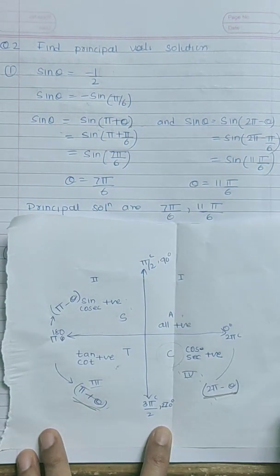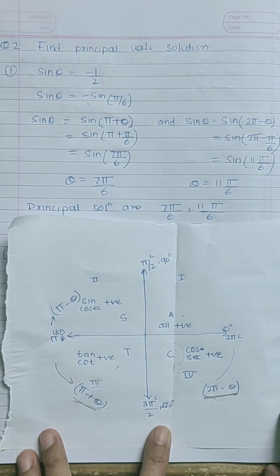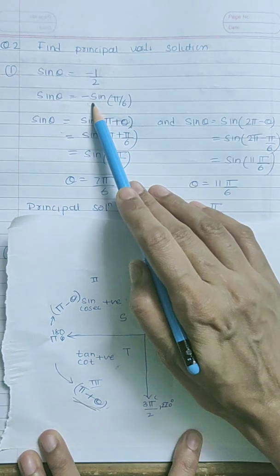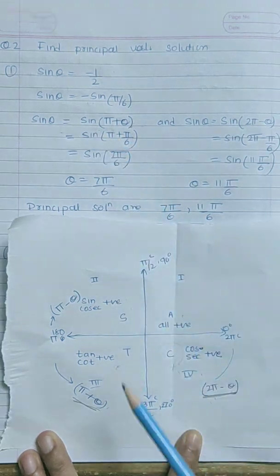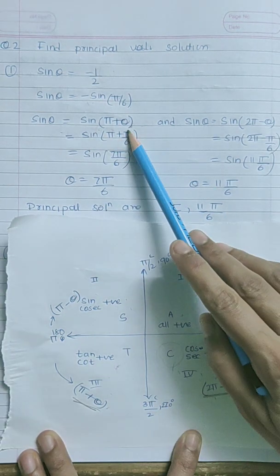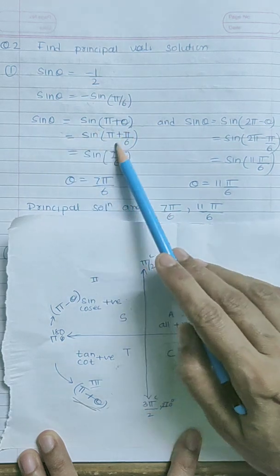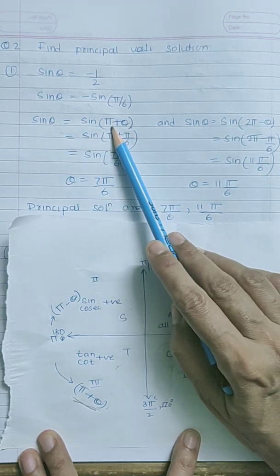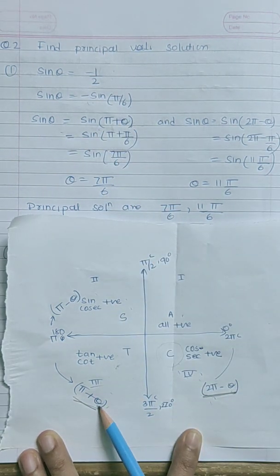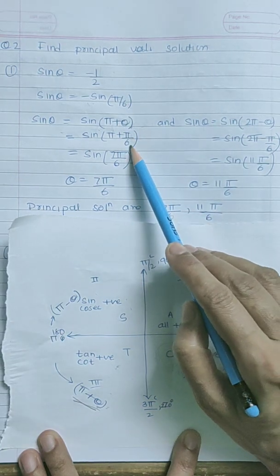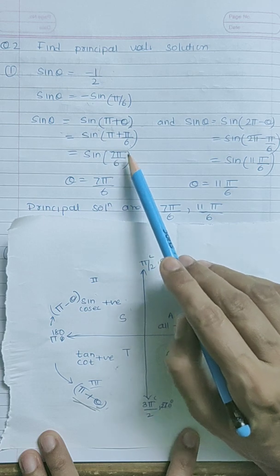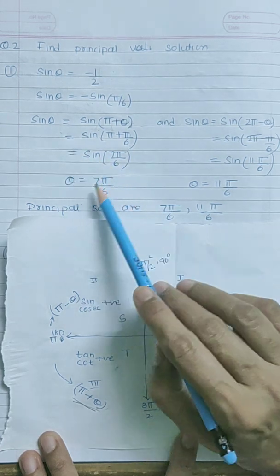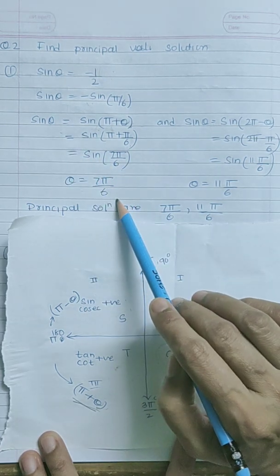So we have to see now here negative. In the first three sums we saw, we had to take the quadrant in which the values were positive. Now a negative sign is there, so we'll take the quadrants in which the sign is negative. So third and fourth quadrant. So we will take the third first. So theta is equal to pi plus theta, where theta is pi by 6. So cross multiplication, sin 7 pi upon 6. So the value of theta is 7 pi upon 6.